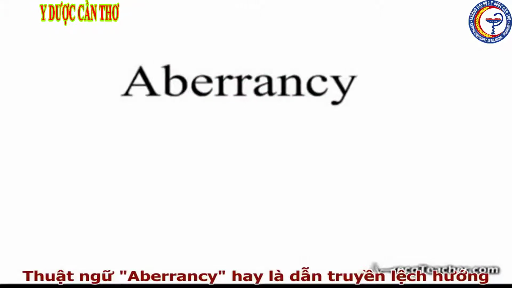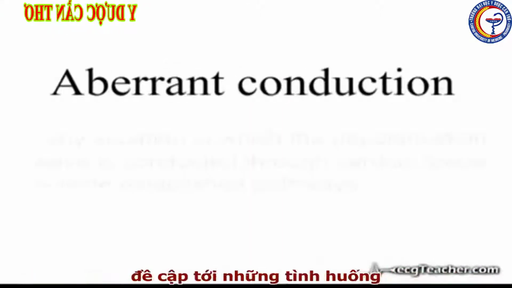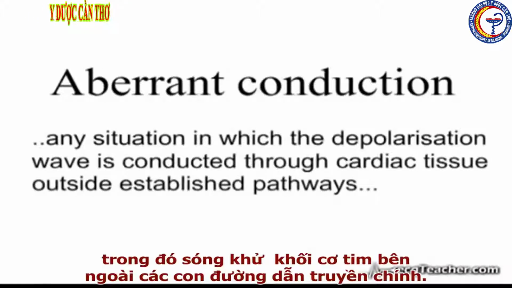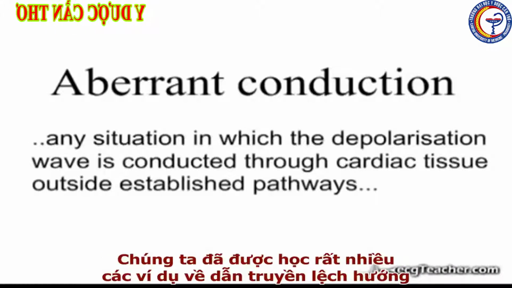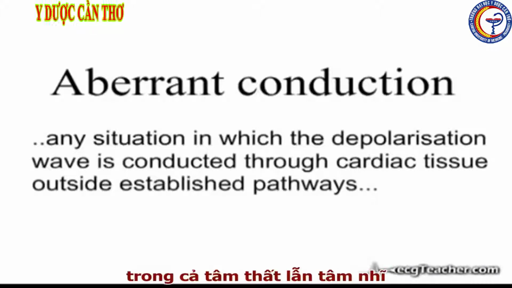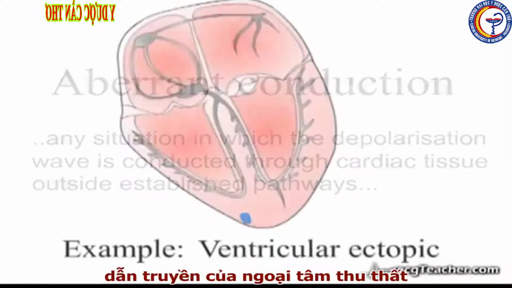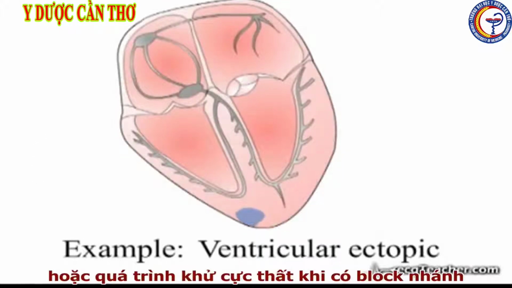The terms aberrancy or aberrant conduction refer to any situation in which a depolarization wave is conducted through cardiac tissue outside established pathways. We've come across many examples of aberrant conduction throughout this course, both within the atria and ventricles. Examples of aberrancy within the ventricles include conduction of ventricular ectopics and conduction of ventricular depolarization in the presence of